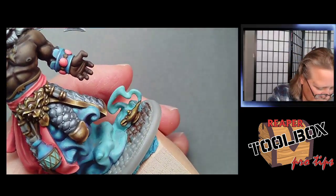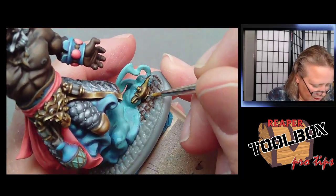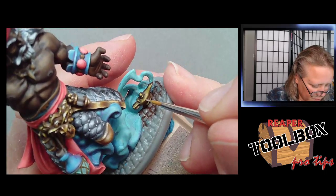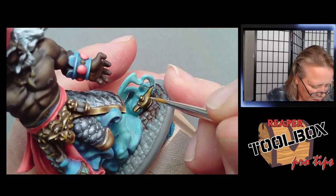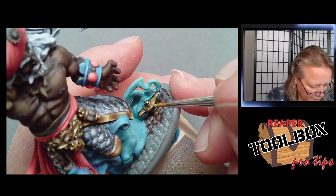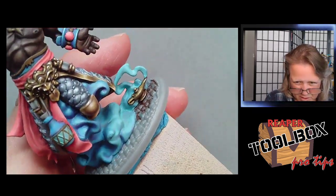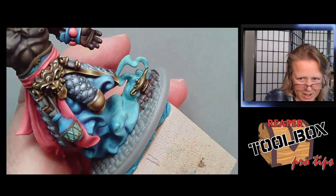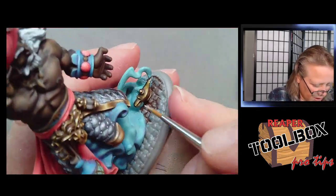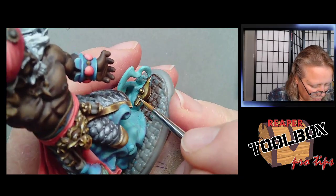Owlbear's problem is just that there's so many feathers. I would have to do like I did on the Sphinx and make it really different, so that each area of feathers was really different. So just a little white highlight on the front. Little white highlight here. But yeah, making the owlbear a lot of different colored feathers would be the only way to do that one, because otherwise it would get so boring, guys. You see one area of feathers done really well. When it comes time to do the other wing, you're just like, oh, this again? Right, so